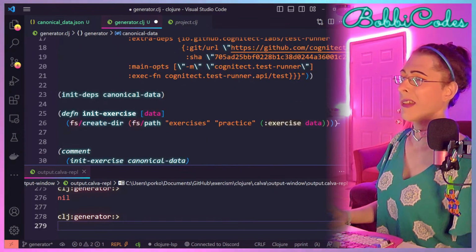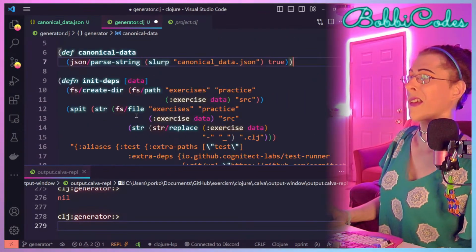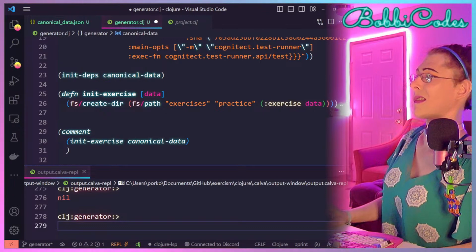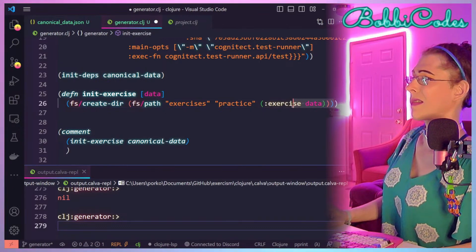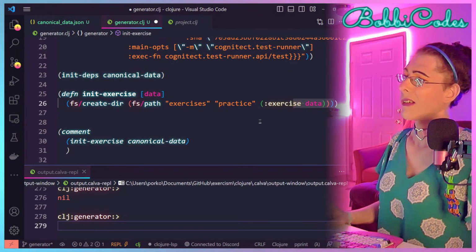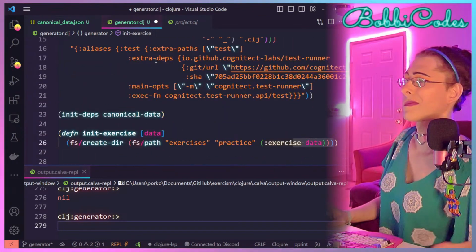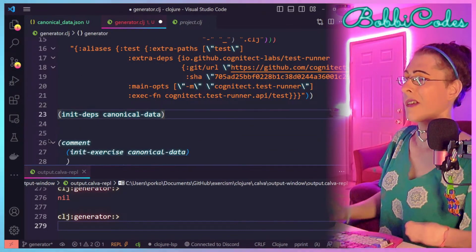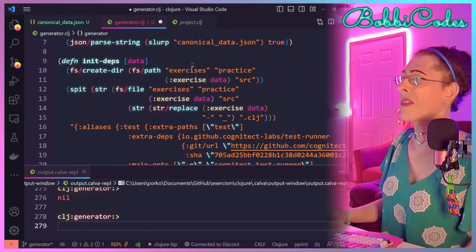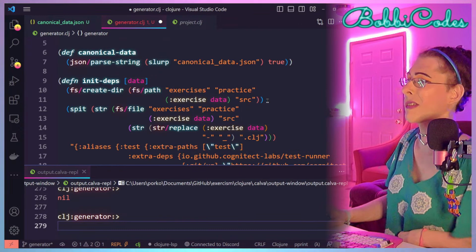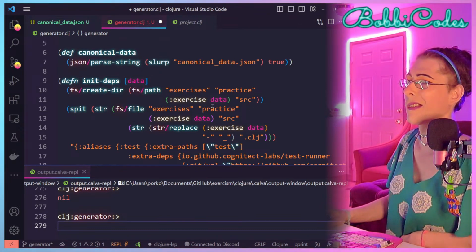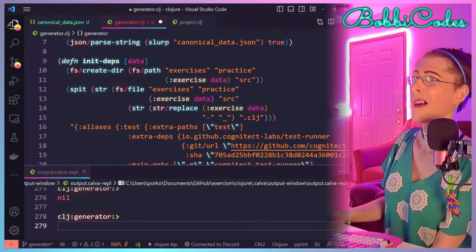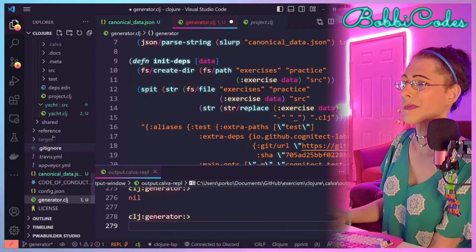I could put this init exercise thing here too. You know, actually, we don't need to do this because we're already creating the directory path here. Yeah, so we don't need that. I'll prove it just by deleting this.